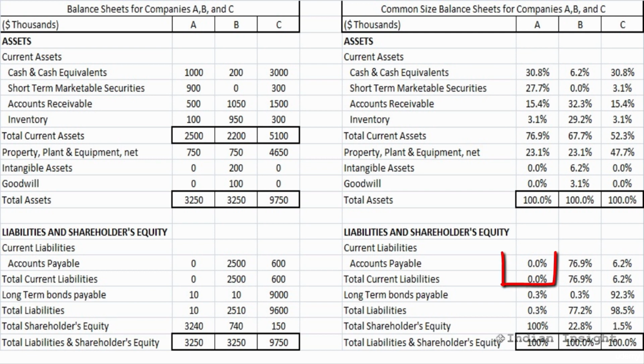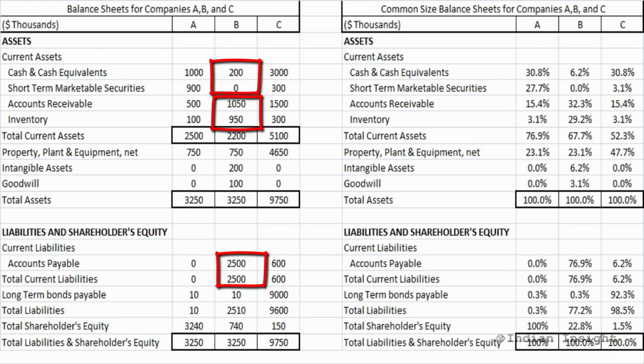Next, we see that Company A has not much of a current liability, as its current liabilities are less than 10,000, while it has a cash of 1 million, which is more than sufficient to meet any near-term financial obligation it might have. In contrast, Company B has 2.5 million in current liabilities, which actually exceeds the available cash of only 200,000. To pay these near-term obligations, Company B will need to collect some of its accounts receivable, sell more of its inventory, or, if this does not materialize, it may need to borrow from a bank or raise long-term capital.